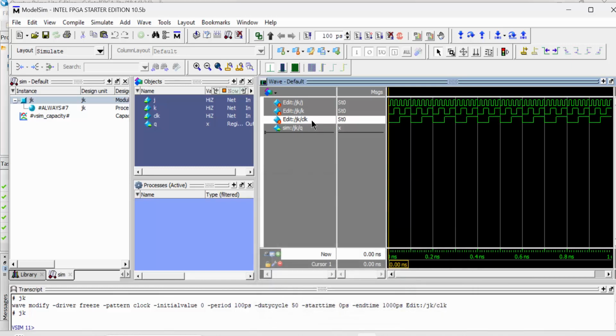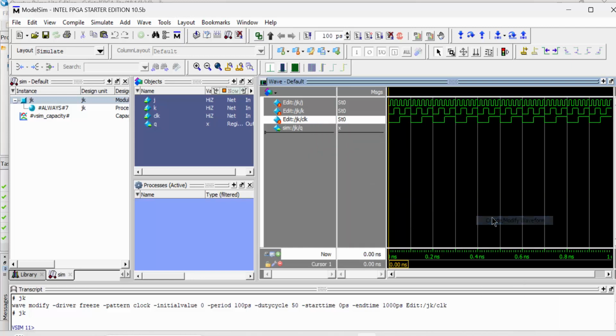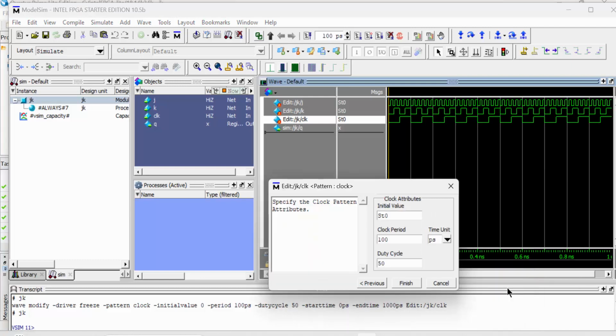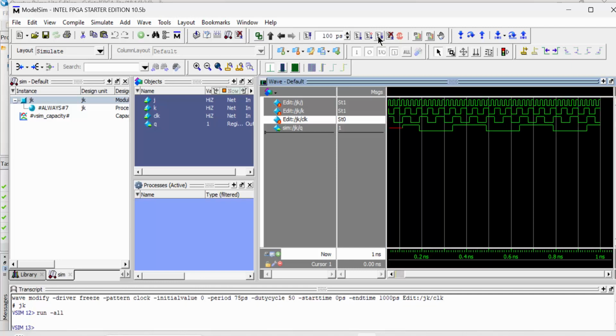Now we can change this with a clock period value which is less than 100, like we need to keep that clock period in the range from 0 to 75. Then you can analyze the waveform easily. So keep that initial value 0, clock period 75. So the input variables are initialized now. Then we can run the program using this Run All option. See, our output wave is available here now.